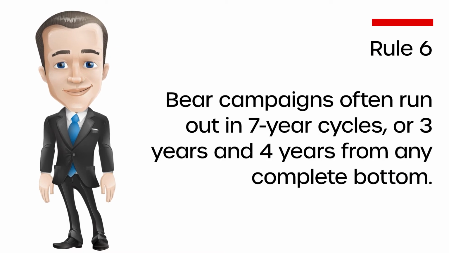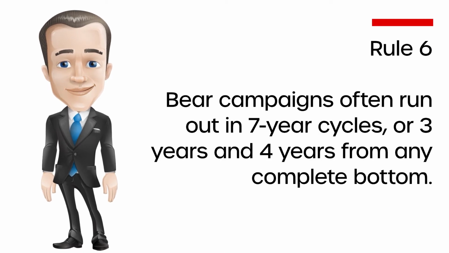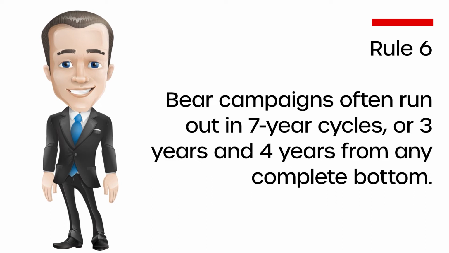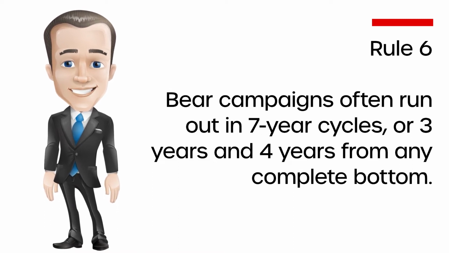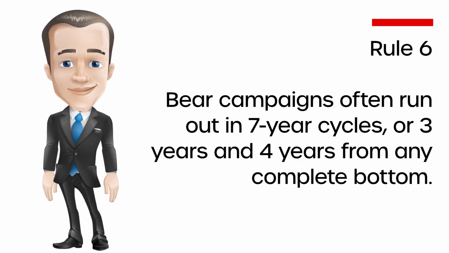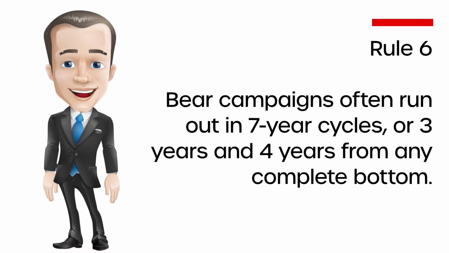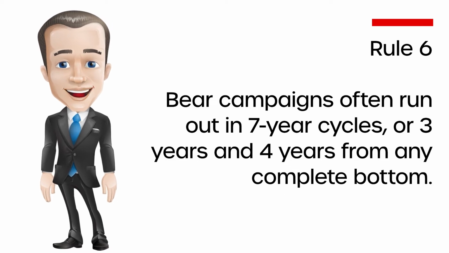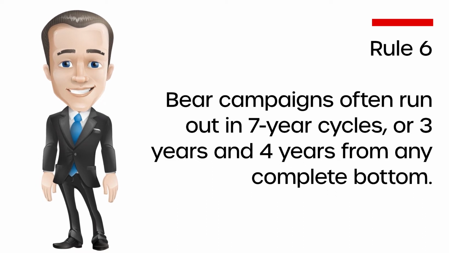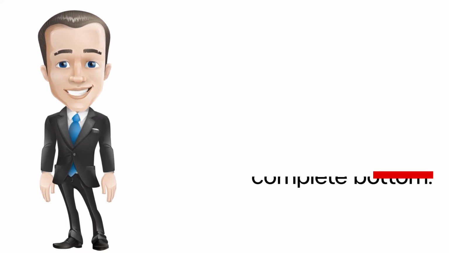Rule 6. Bear campaigns often run out in 7-year cycles, or 3 years or 4 years from any complete bottom. From any complete bottom of a cycle, first add 3 years to get the next bottom, then add 4 years to the bottom to get the bottom of a 7-year cycle. For example, 1914 bottom, add 3 years, gives